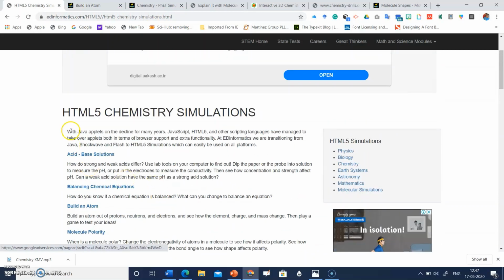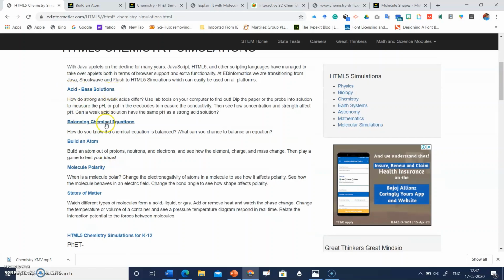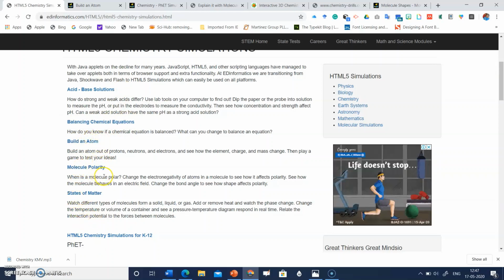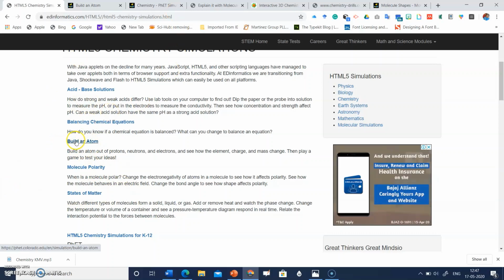Now you can see there are so many chemistry simulations of different topics on this page: acid-base solution, balancing chemical equation, build an atom, molecular polarity, states of matter, etc. So there are so many options. For example, if we want to teach our students how they can build an atom, share this link with the students. First click on this link